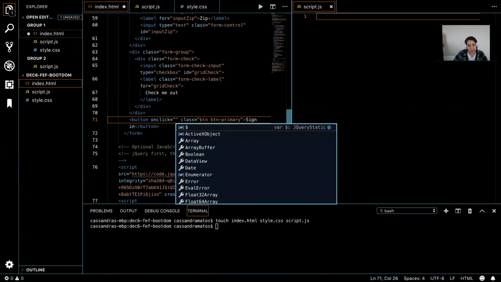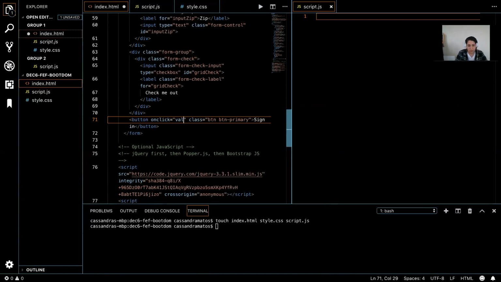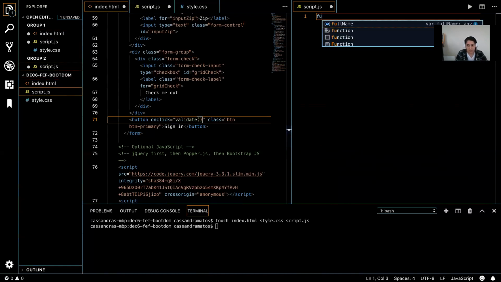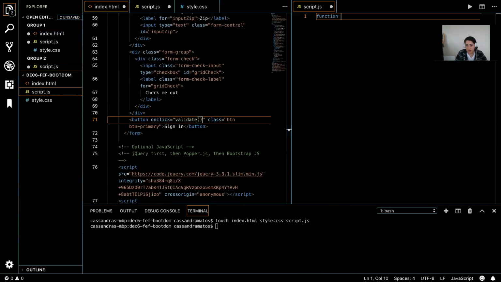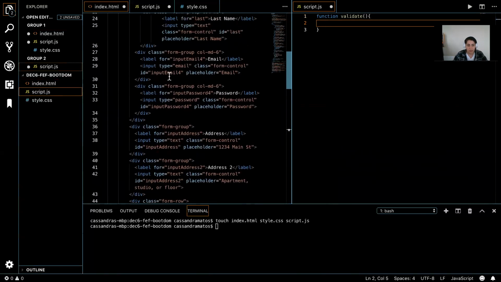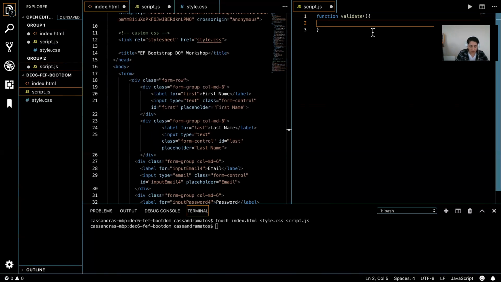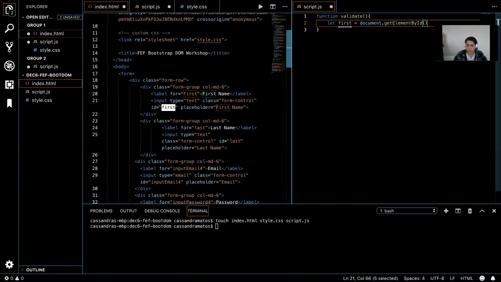And let's say on click, I'm going to perform the function validate. Okay. So here in my JavaScript, I'm going to have a function called validate. And within that, I'm going to grab the input for first name. So I'll create a variable first, and then I will use the DOM here. So document get element, and this is all things we've done in coding from scratch. Grab element by ID, and we're going to use the ID for this input, which is first,